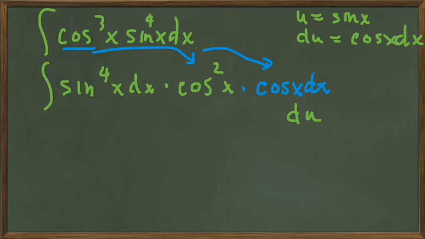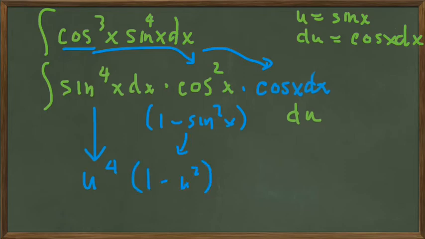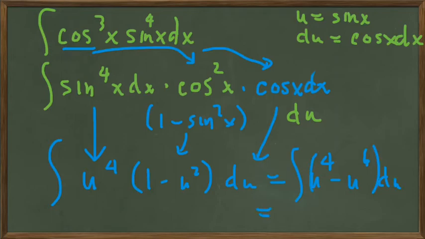And when we do that, we see that we get a much simplified integral. In fact, an integral that's easy to do and only in the variable u. So the sine to the fourth becomes u to the fourth. The cosine squared we write as 1 minus sine squared x, and so that part of the integral becomes 1 minus u squared, and then, as we've already said, the cosine x dx becomes du. So we have a much easier integral, an integral only involving powers of u, which is easy to do, especially when we realize it can be written as u to the fourth minus u to the sixth integrated du, which is